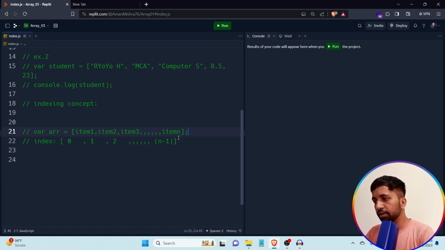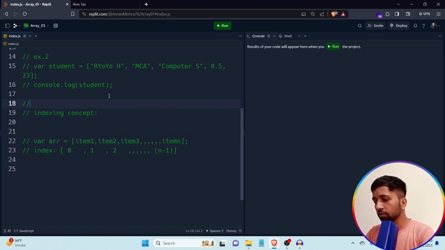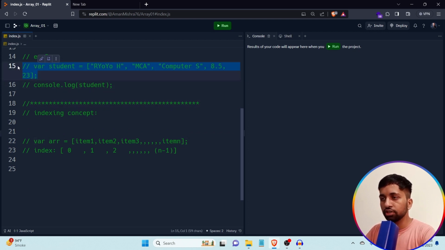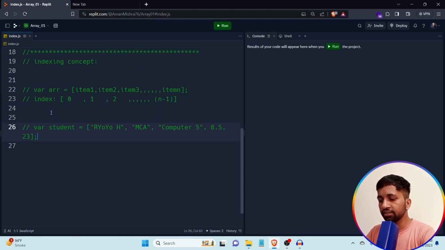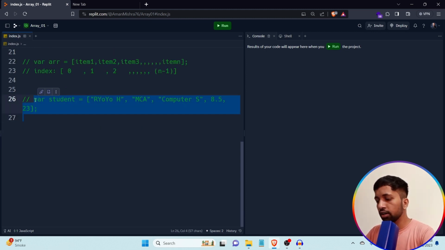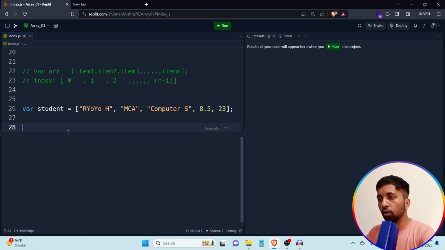So I just want to comment these 2 lines and put the dashes, like you can understand this is a separator. Now I'm taking the same example, that is the name of the student as well as all information about the student. Let's see how it works. I just want to uncomment this code. Now if I want to print the value of the first element of this array, I have to write here console.log